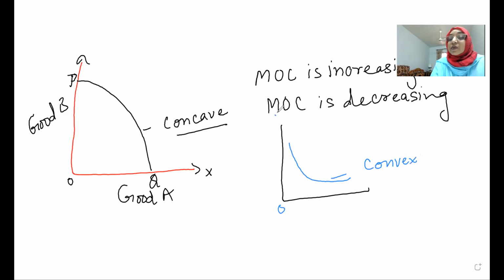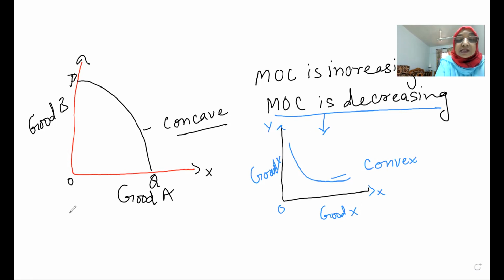If MOC is decreasing, the shape of PP curve will be convex to the origin. This was the first condition, this is the second condition. If we take the third condition,